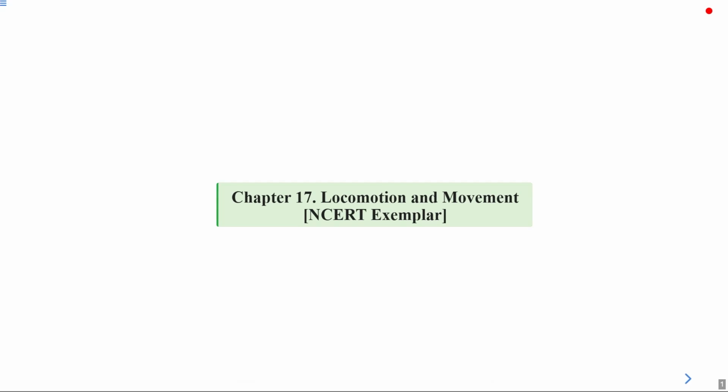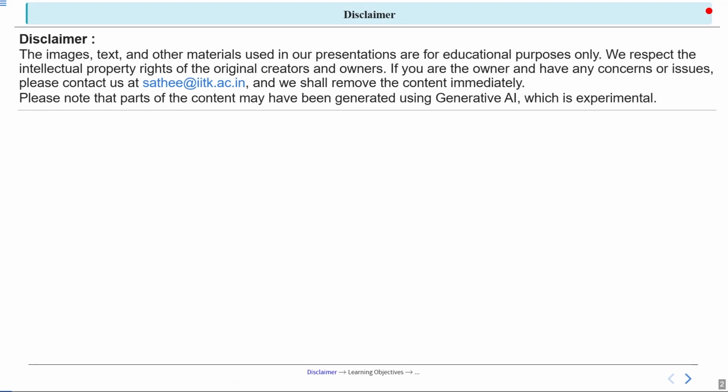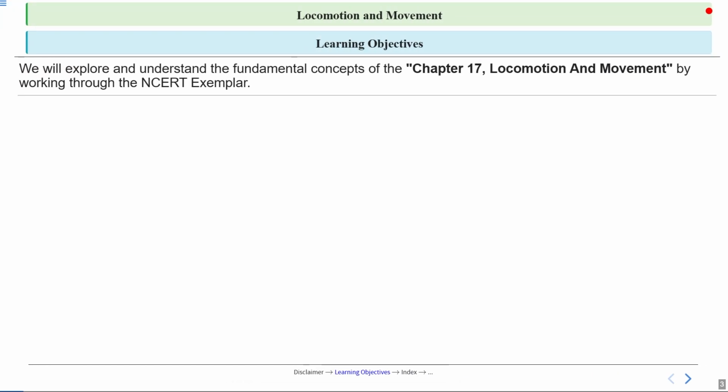Hello students, in today's lecture, we will discuss NCERT Exemplar of chapter number 17, that is Locomotion and Movement. This is the disclaimer. So this will be our learning objectives. We will explore and understand the fundamental concepts of this chapter, that is chapter 17, Locomotion and Movement, by working